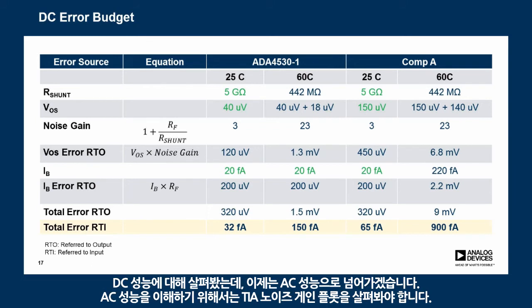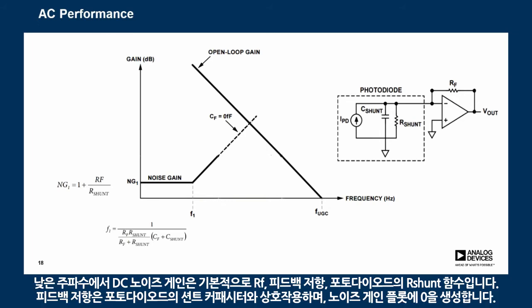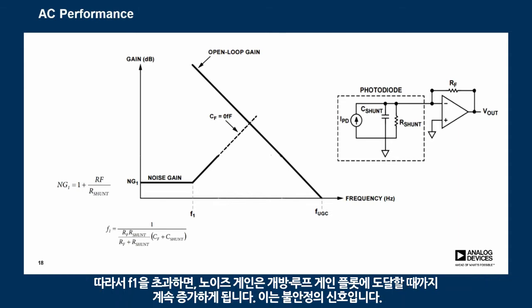So we talked about DC performance. Let's move on to AC performance. Well, to understand AC performance, we need to look at the TIA noise gain plot. At low frequency, the noise gain at DC is basically a function of RF, the feedback resistance, and R shunt from the photodiode. The feedback resistor would interact with the shunt capacitance of the photodiode, and that creates a zero in the noise gain plot. So beyond F1, the noise gain is going to continue increasing